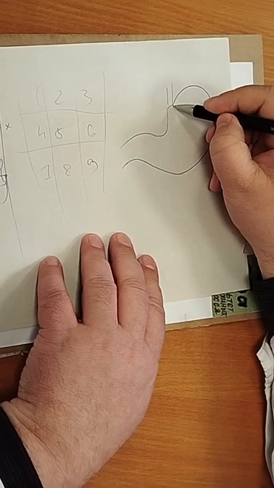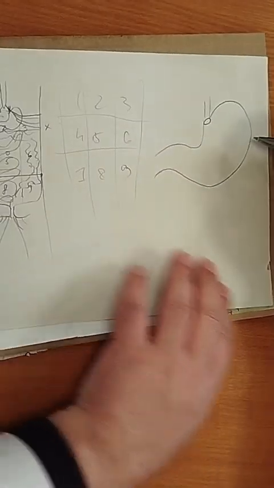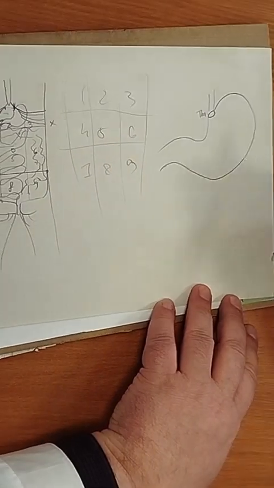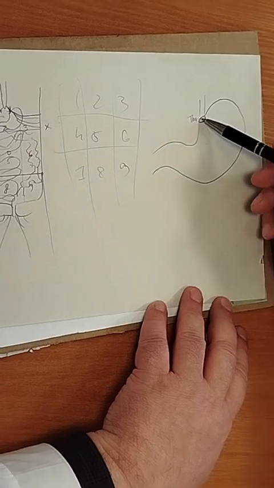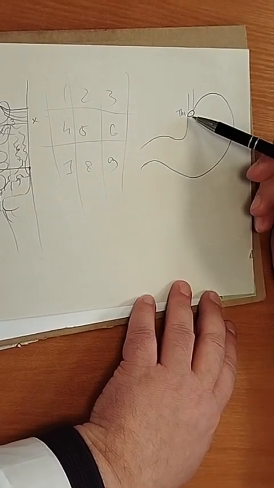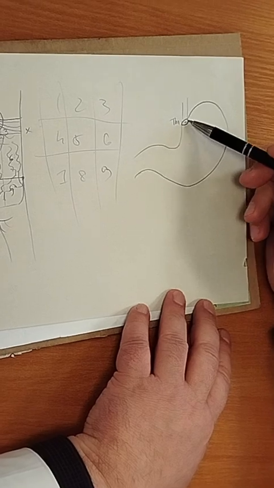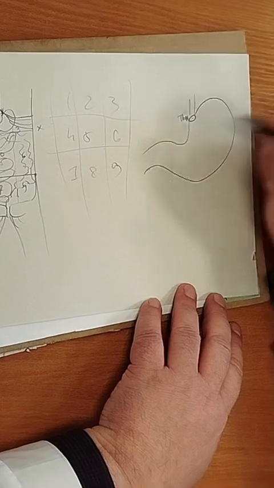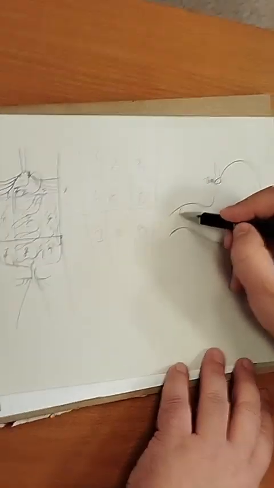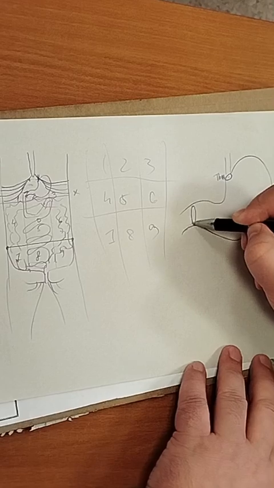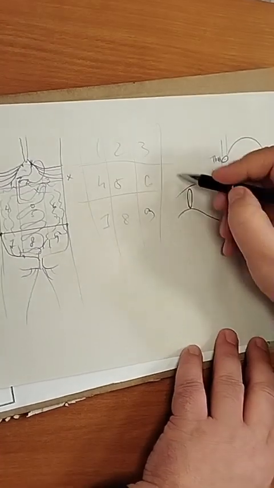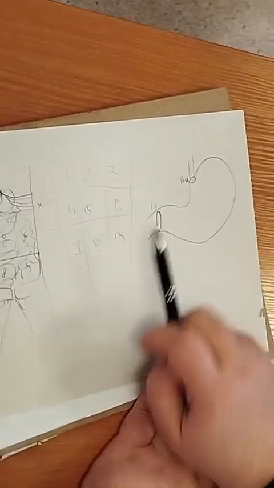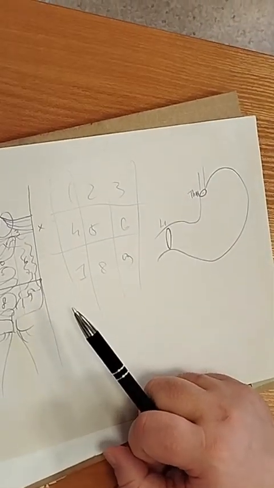You already know that the stomach has which opening? Cardiac, ostium cardiacum. What is the level of this opening? T11, 11th thoracic vertebra. And anteriorly, it corresponds to the cartilage of the 7th left rib, opposite to the cardiac opening. And posteriorly, 11th thoracic vertebra. Next opening of the stomach, that is pyloric, ostium pyloricum. The pyloric opening is at the level of L1, first lumbar vertebra, and it corresponds to the cartilage of the 8th right